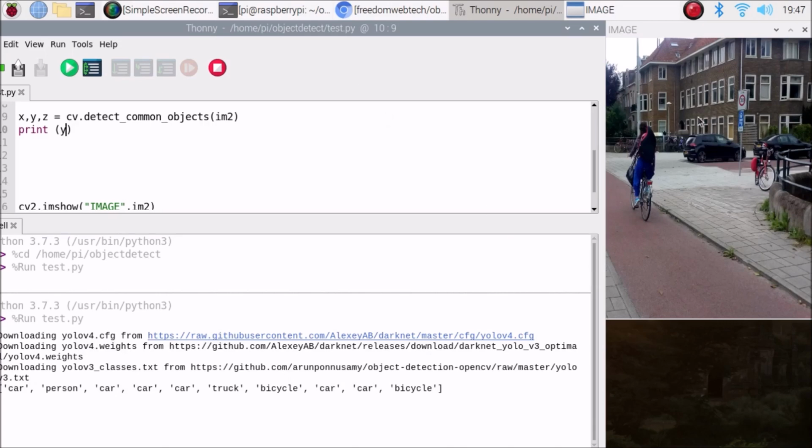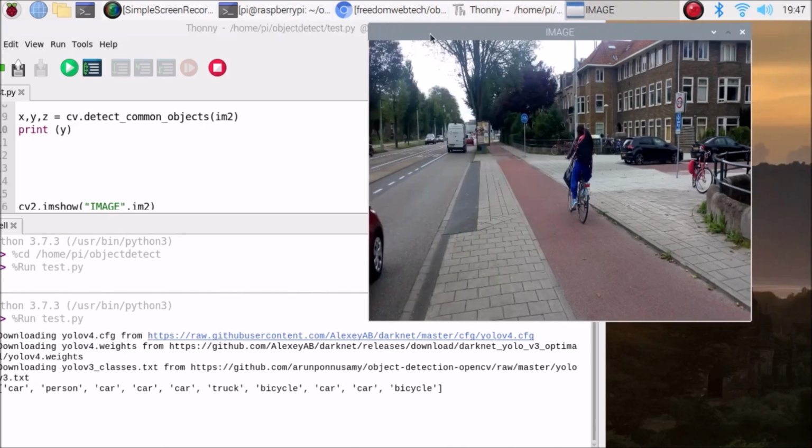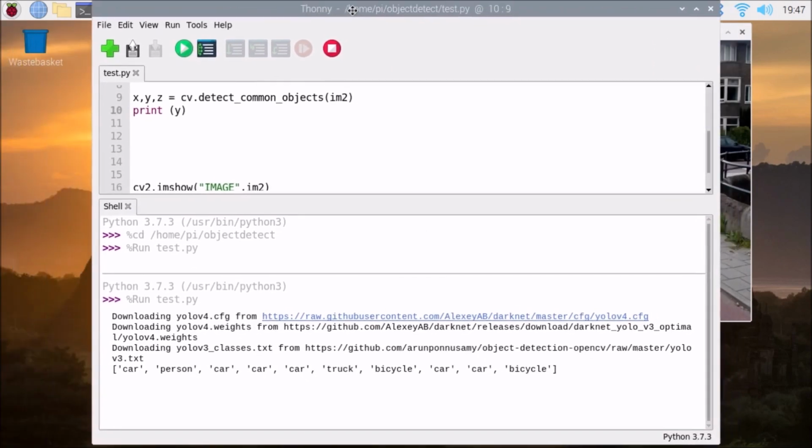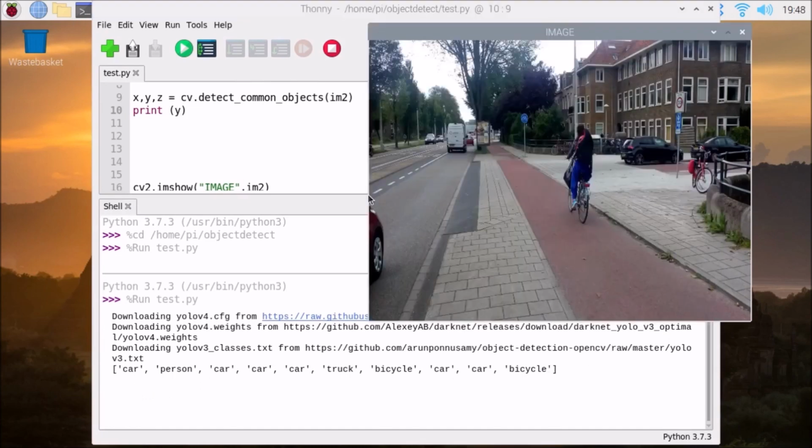And as you can see from the image, we haven't created any bounding boxes on the objects yet, but we have our objects here. As you can see, we have a car in the image, a person, a truck, and a bicycle.